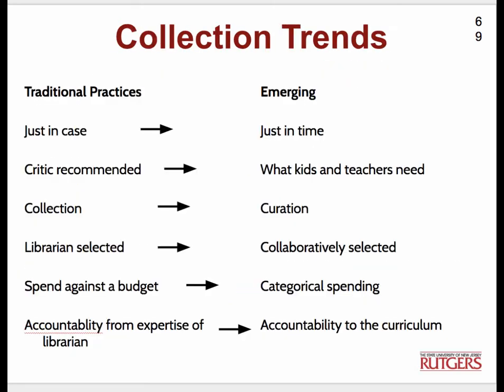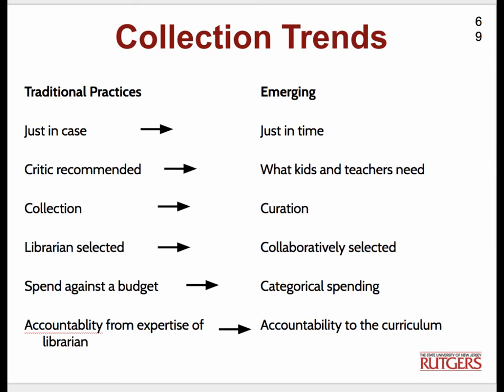There are some trends in collection development. In this age of easy digital sharing and quick purchasing, even using tools like Amazon as a delivery vehicle, we have moved away from buying everything we think we might need for just-in-case use to just-in-time use. If there is some hot topic that develops suddenly, I know I can get books much more quickly than I used to, and that brings up the other notion of getting your books pre-processed. That's one disincentive from buying them from Amazon, but you can get books far more quickly.